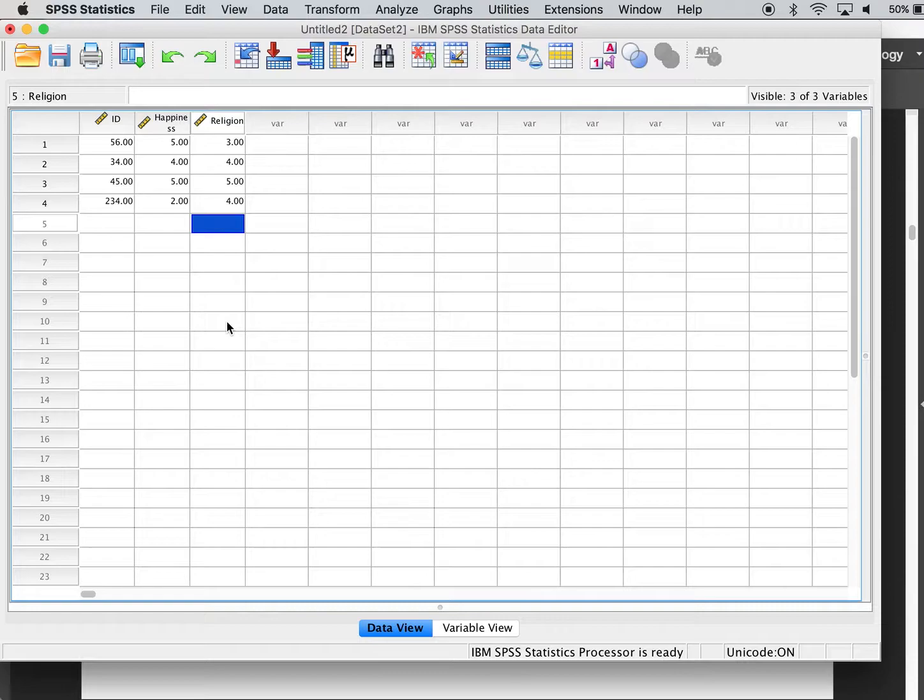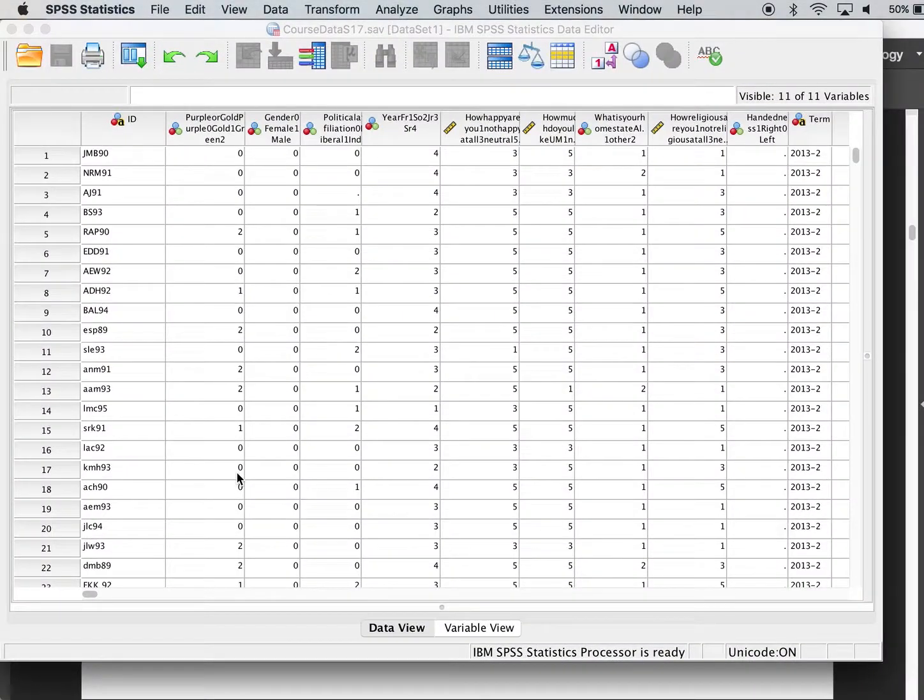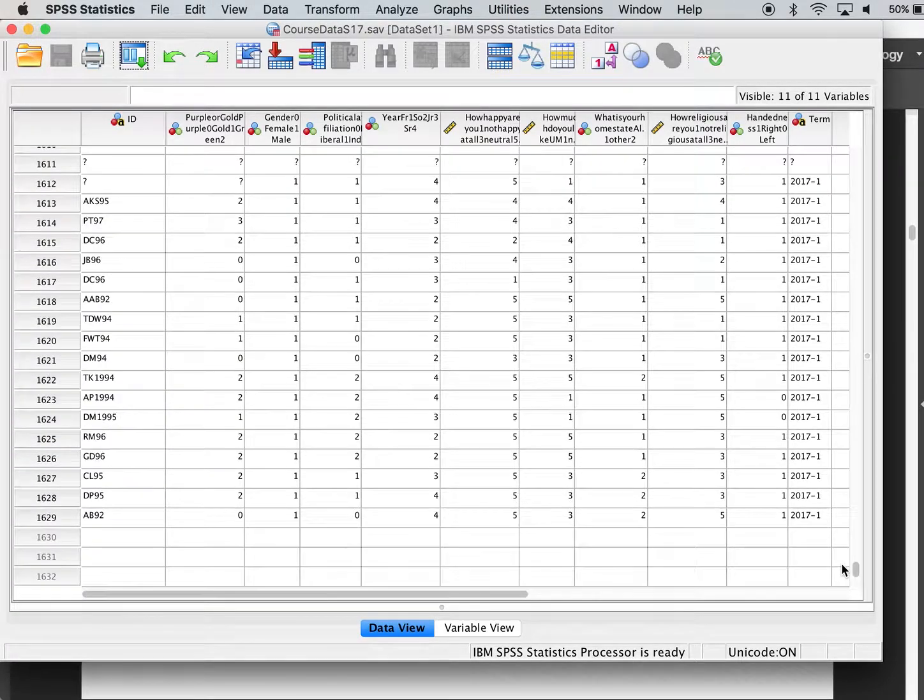So let's go from just making our own data, and let's say that you've already created it and it looks good and everything. Well, here you are. These are the data that we will be using largely in this class, course data S17.SAV. You will get to know this data set pretty well over the course of the semester. This is a data set that is comprised of